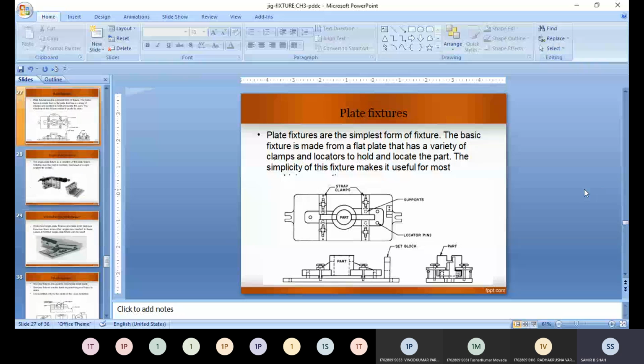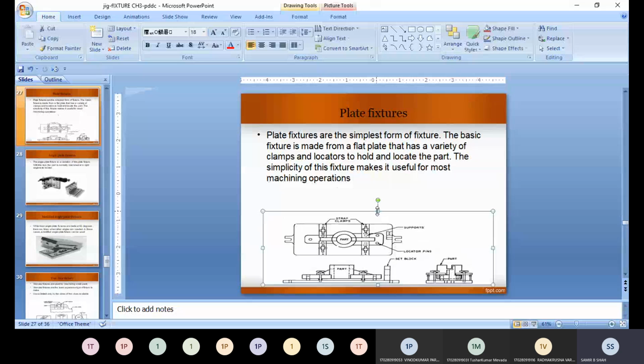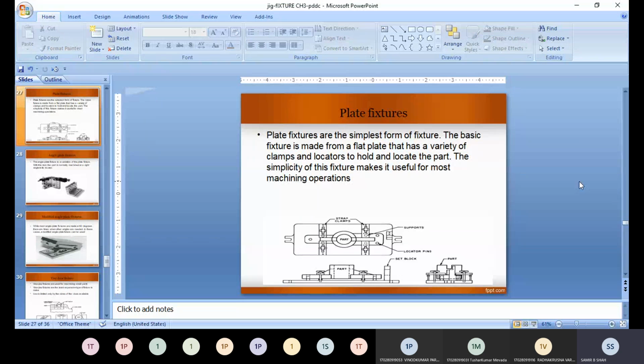The basic fixture is made from a flat plate that has a variety of clamps and locators to hold and locate the part. The simplicity of this fixture makes it useful for most machining operations. So as I discussed, this kind of shape is used when we talk about the plate fixture.